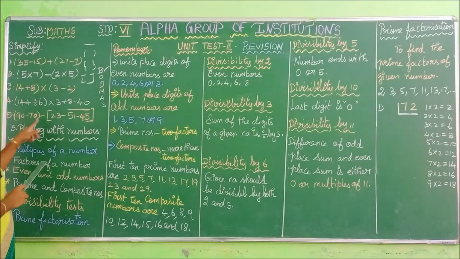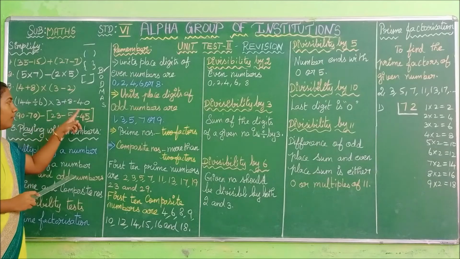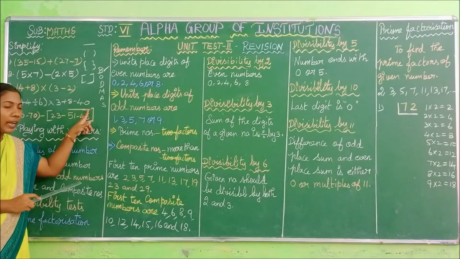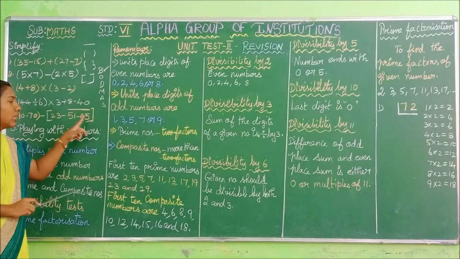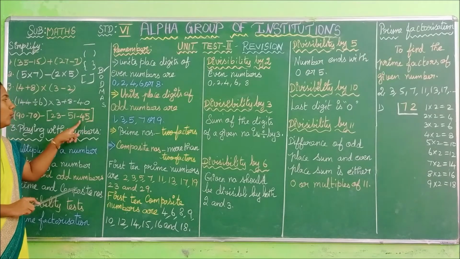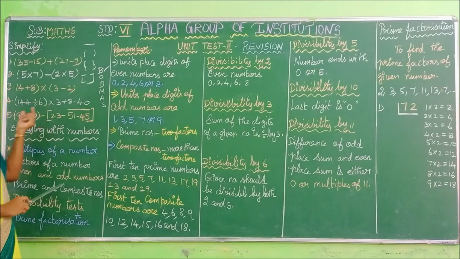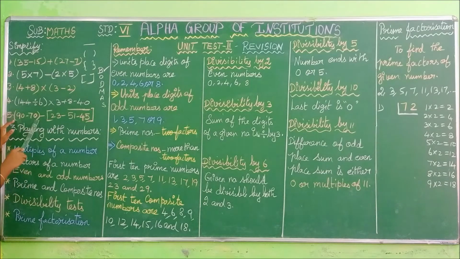Okay. Here first we have to evaluate the vinculum. Under the vinculum bracket, we have two numbers under the operation subtraction. So you have to subtract first. After that you get one answer, you have to write the answer. Next you have to evaluate the simple bracket. After that you have to evaluate the square bracket. So from both these processes you have two answers, and then you have to subtract the two answers.